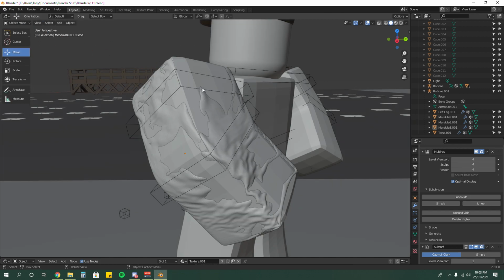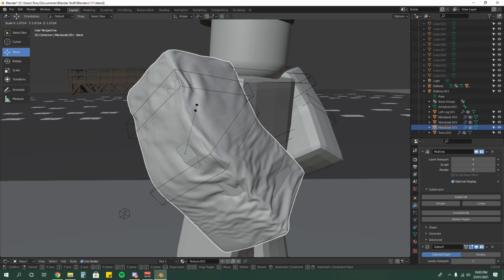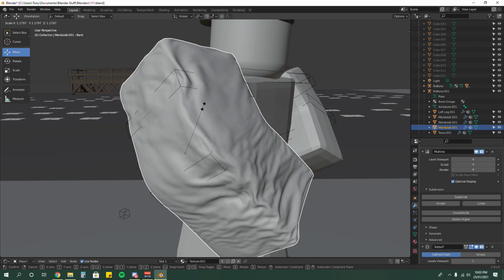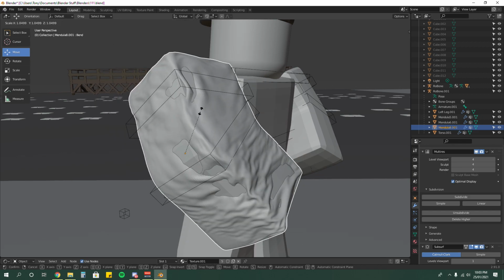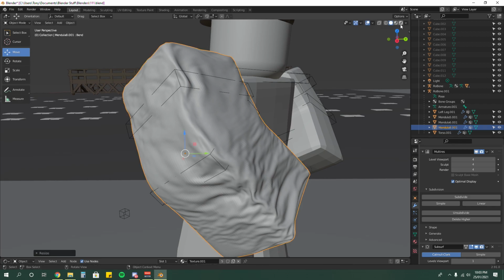And sometimes if it does interfere with the skin, you might as well just scale up a bit. So if you want to press S and do it, scaling it manually, then you can do it like that. Oh damn, look at that. I guess I was wrong. Look at this 3D modeling. Holy.